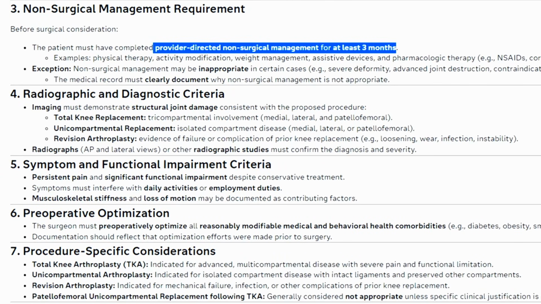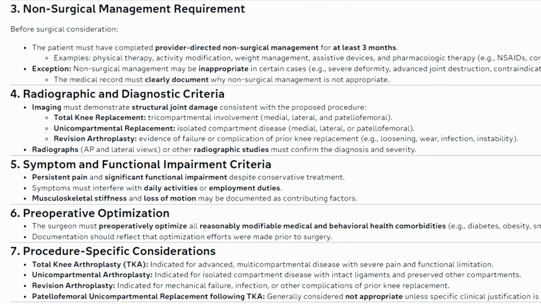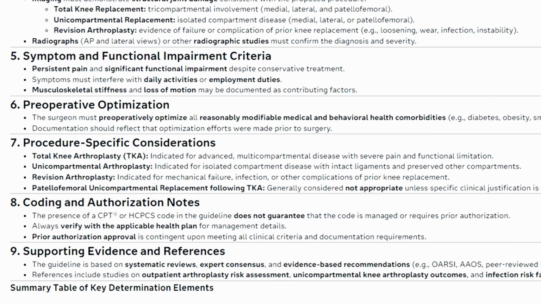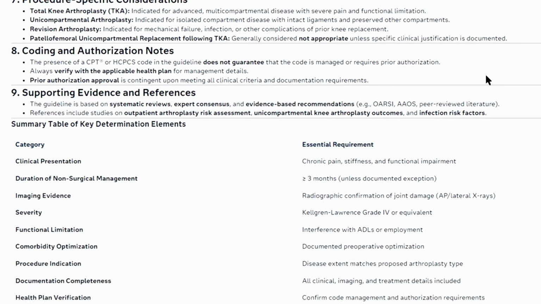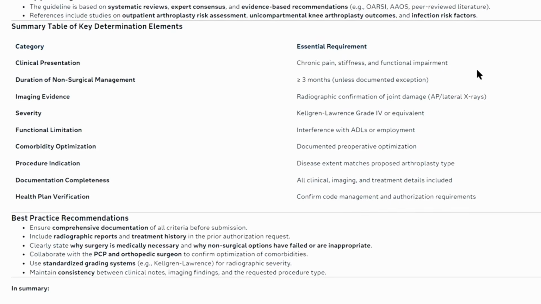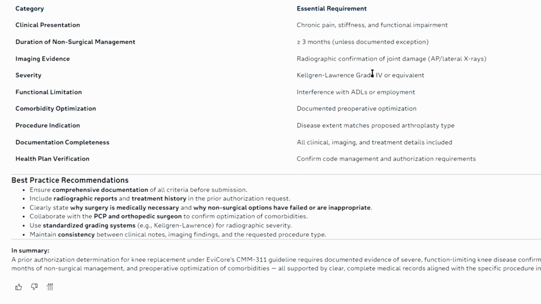We've got some diagnostic criteria. We've got symptoms and functional impairment. We've got procedure-specific indications. And then at the bottom, we've got our summary table that I requested.